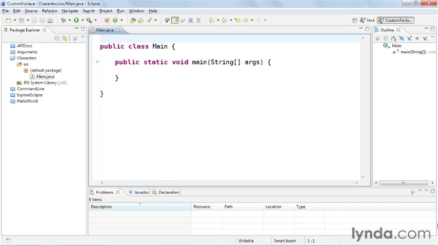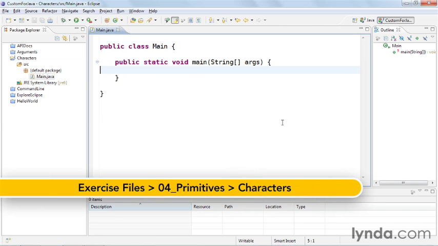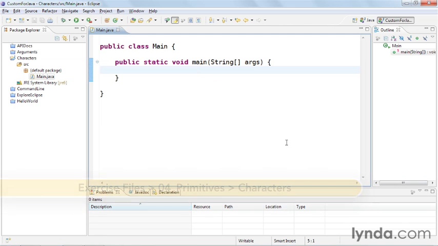Java allows you to represent strings in one of two ways, as complex objects or as single characters. When you're working with single characters, you can work with either a primitive data type or with a wrapper class for the data type. I'm working in a project named Characters, which you can find in the 04 chapter of the exercise files. In order to declare a variable that uses the primitive char data type, you start off with